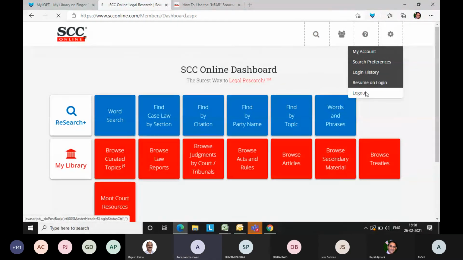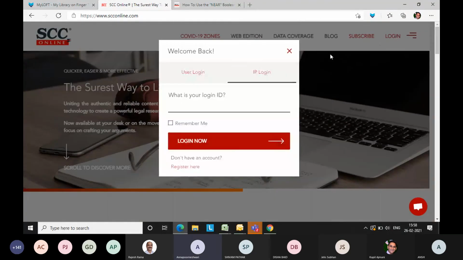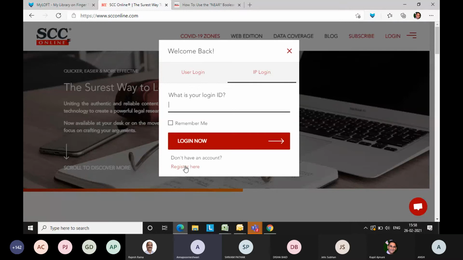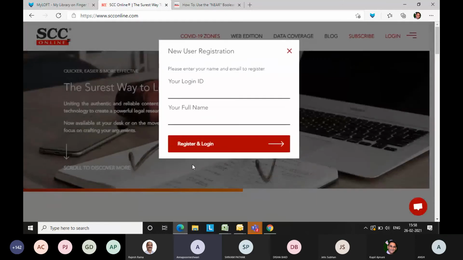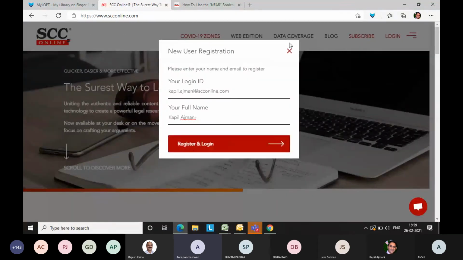I think it can be demonstrated over here. Kapil is doing that. Once you click on the login section, it will show you the IP login and your login ID. If you're not registered, you're a fresher in that sense. You go to the last link, register here. When you click on register here, it will prompt you to enter your email ID and name. That's it. Once that is done, it's a one-time affair. Next time you will be able to access it by simply keying in your email ID. No need to enter these details that are right now being keyed in by Kapil. Something like this. Right.